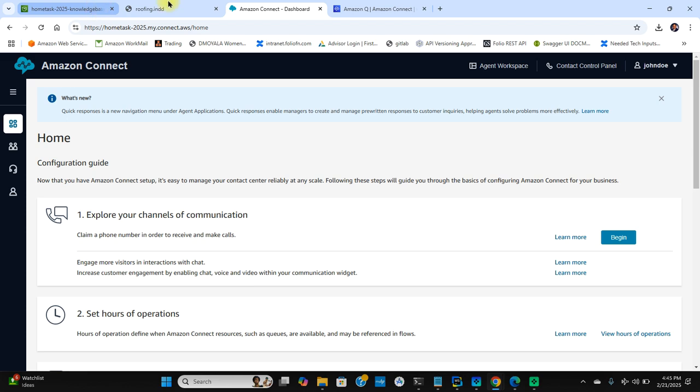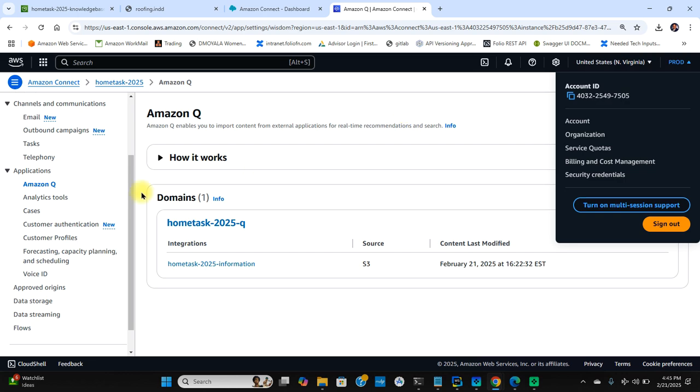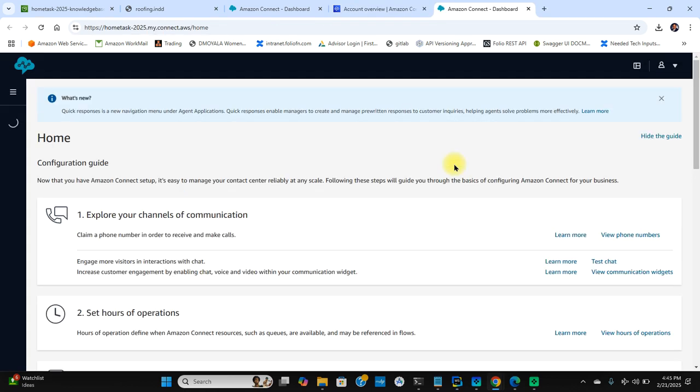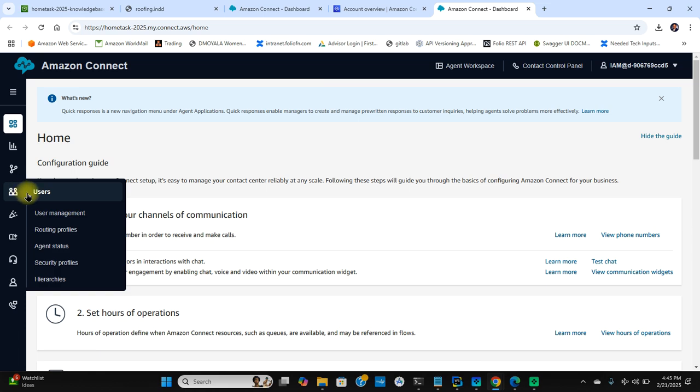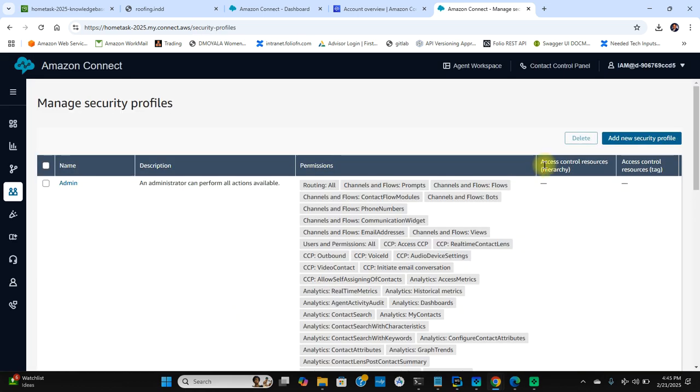Yes. So let me go back to the root user, in Home Test. If I now log in using emergency access, it just means I'm in the Amazon Connect Home Test instance. I am an account root user, but what I could do is go to security profiles, and I could see that